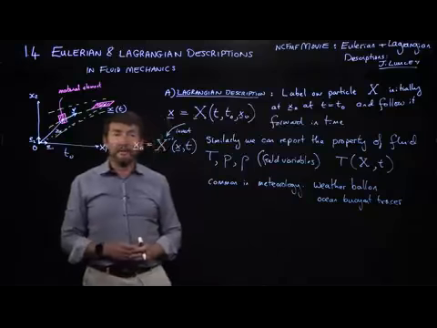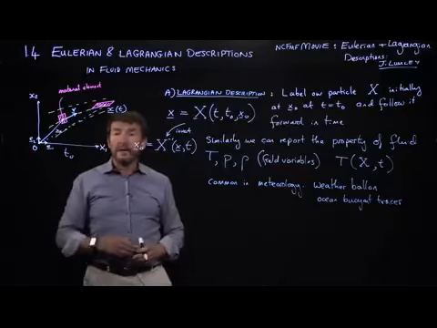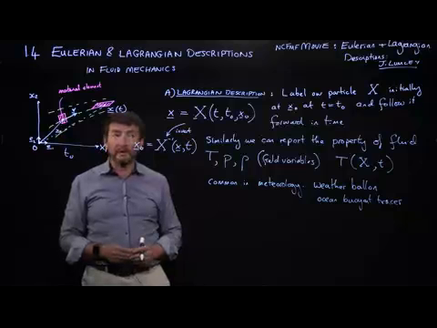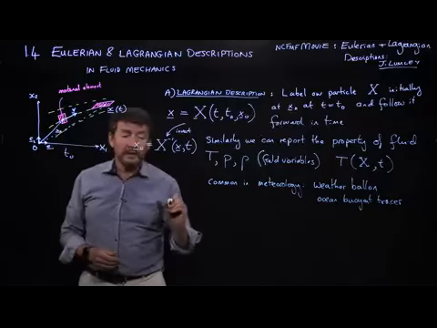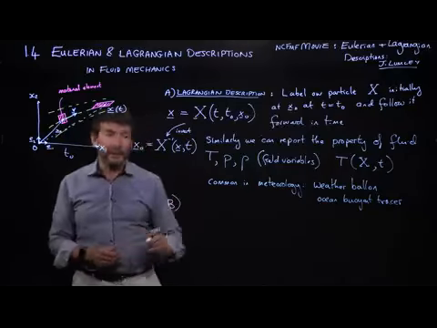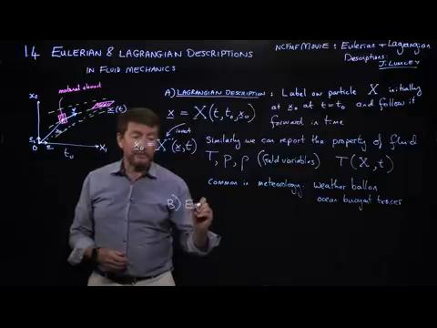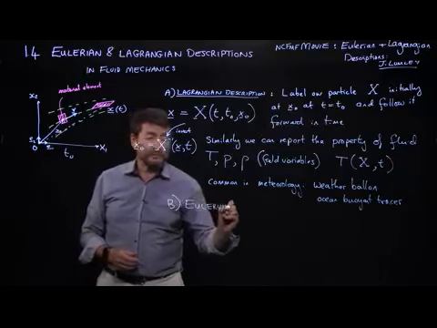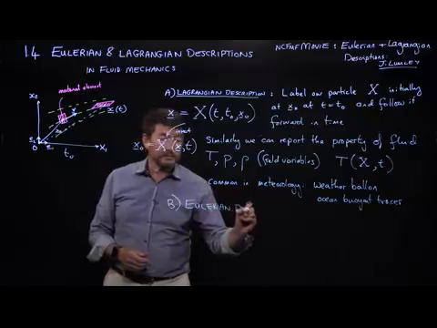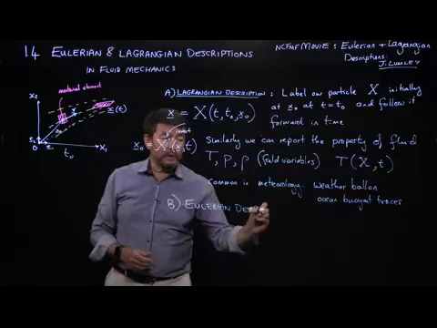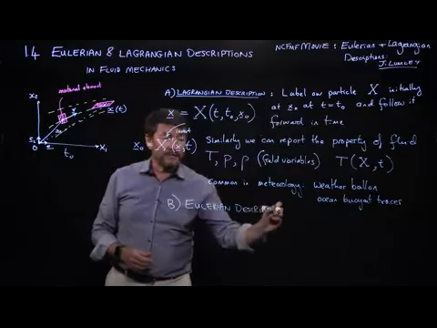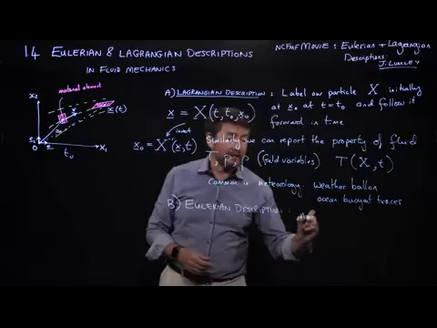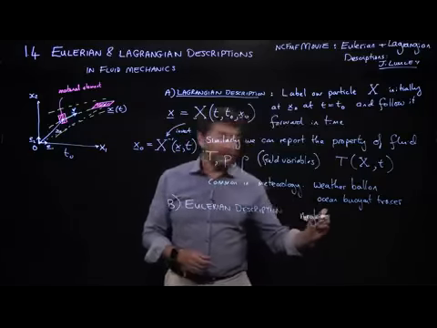It turns out to be very, very hard to do, and the whole description of fluid mechanics becomes very, very cumbersome if we try and write things in terms of Lagrangian descriptions. So a much more compact way of doing this is in terms of what people call an Eulerian description, where we don't worry about the identity of material elements. So basically we neglect the identity